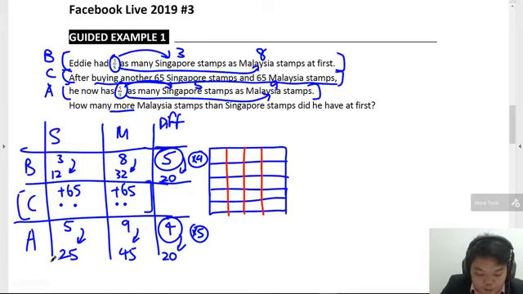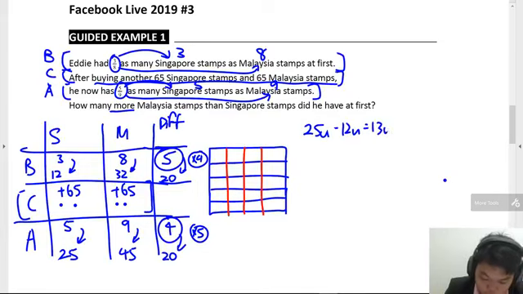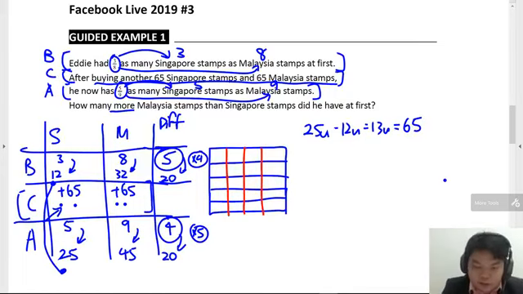So from 12 units up to 25 units, this will give you 13 units. And you can see that when you experience this change over here, this 13 units is that 65. Okay? So once we have that,